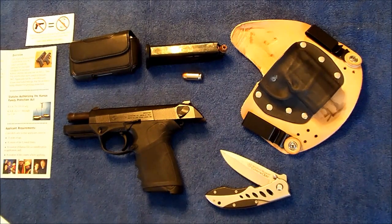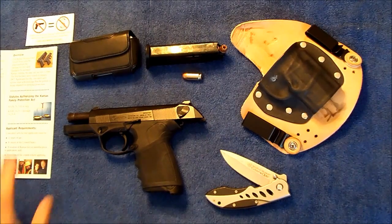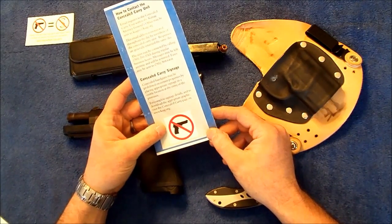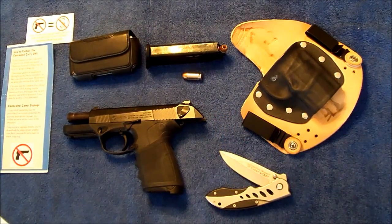Like I say, they do require a photocopy of your ID and or your driver's license. The checks. Let me flip back through here. One of the things that they did change, like I say, this is the only official gunbuster sign that has any legal standing. One of the things that did change with SB 306,